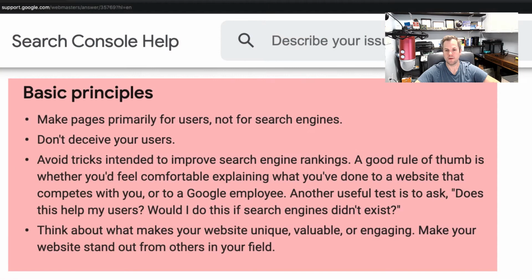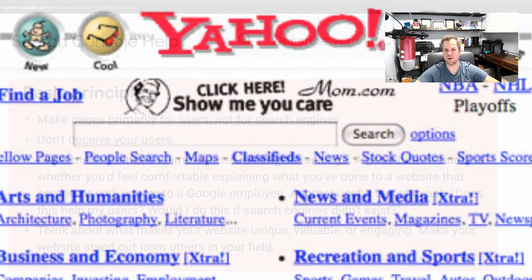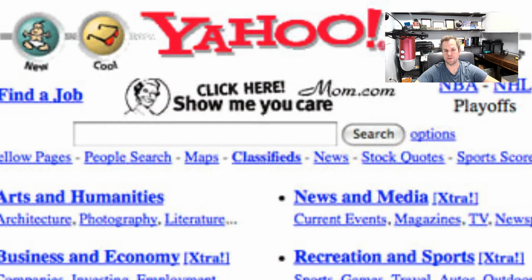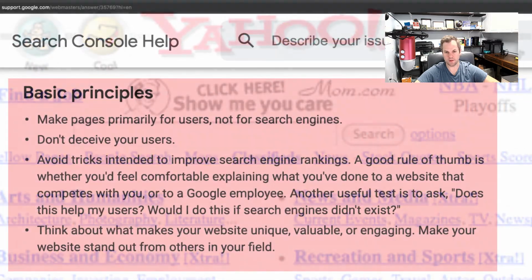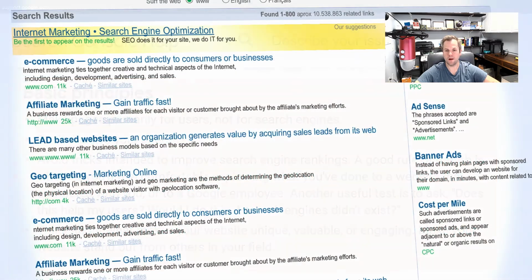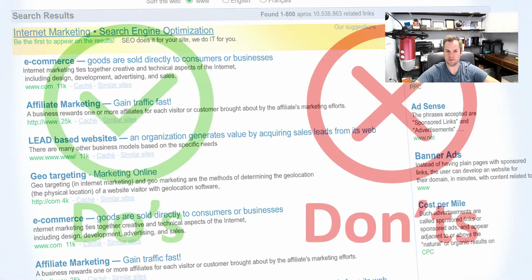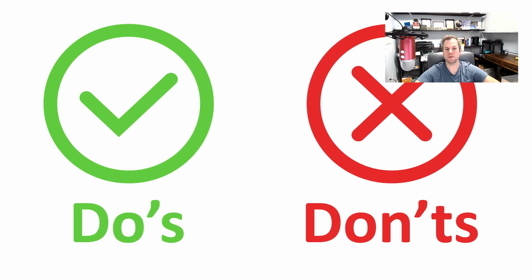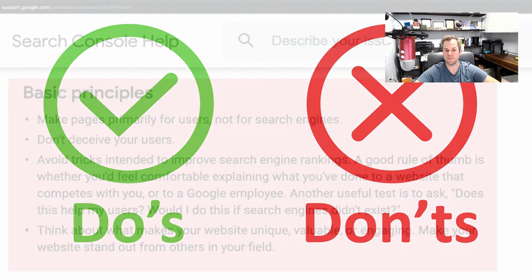And if we think about it that way, it helps us understand the differences between the different search engine companies. For example, if you remember back in the late 90s, there was a search engine called Yahoo, which still exists in a way. There's also Google, which is a really well-known search engine. There's Bing, and there's others. Each of these has its own independent way of displaying website pages when somebody searches for them. And each of these search engines has rules that must be adhered to and followed